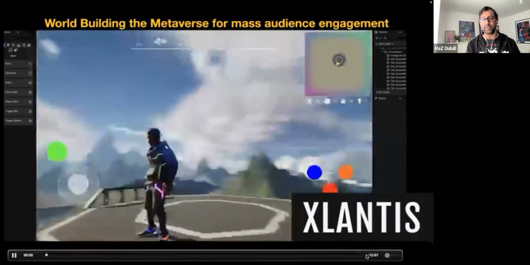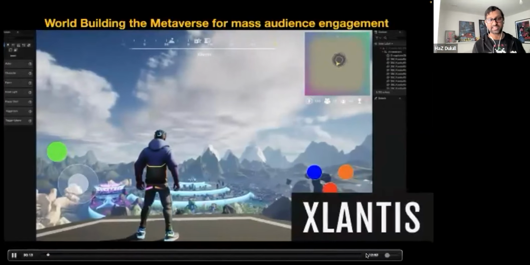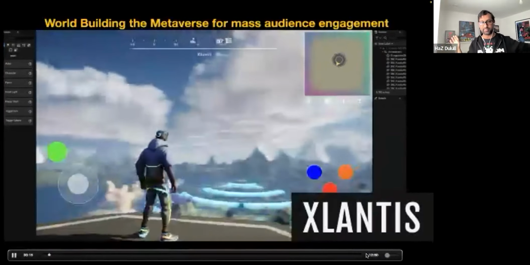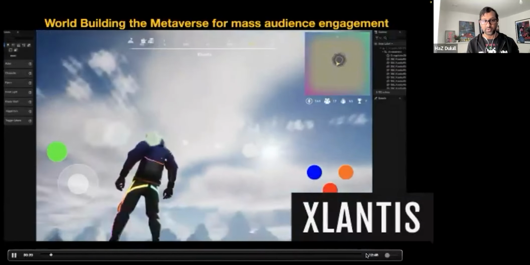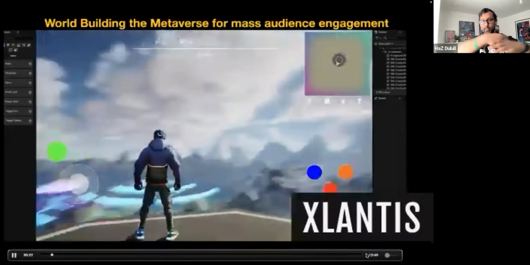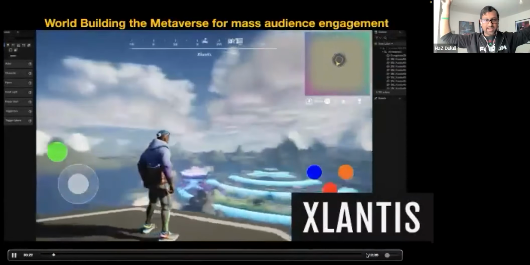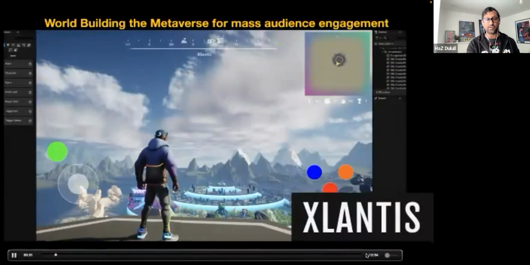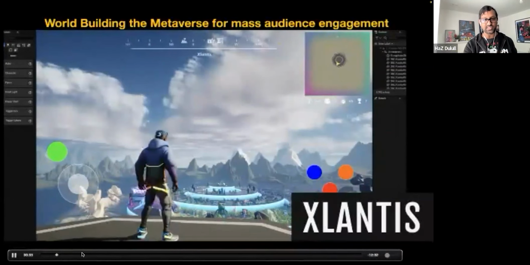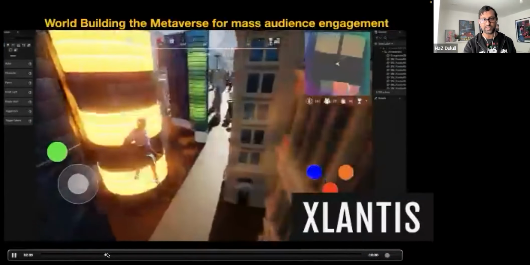So what we end up doing is we built the whole thing in Unreal Engine 5, and we use things like world partitioning, because we realized we're going to do an open world game. We can't just build a big massive level and do level streaming. That's not really going to work. So we do world partitioning, which is a great system in Unreal, designed for open world games and really allows you to create massive worlds, but streamed in real time without seeing the latency drop. So that's what we end up doing. And then we just started building a huge map system that allows us to teleport to different parts, which is very cool. And we can just fly around.